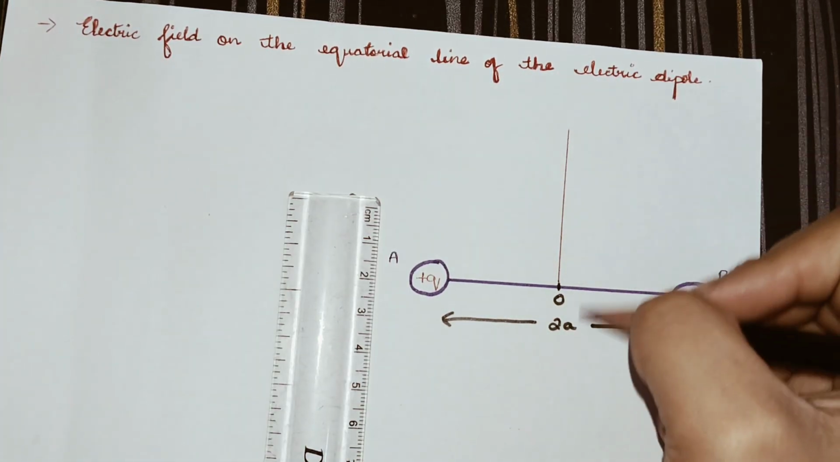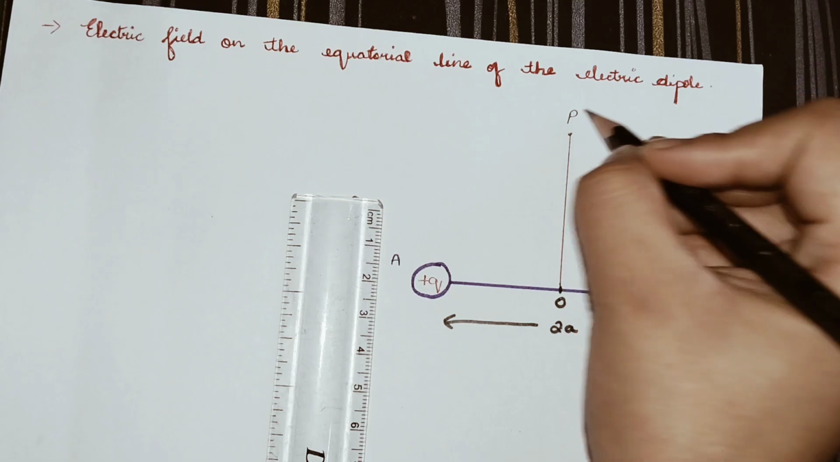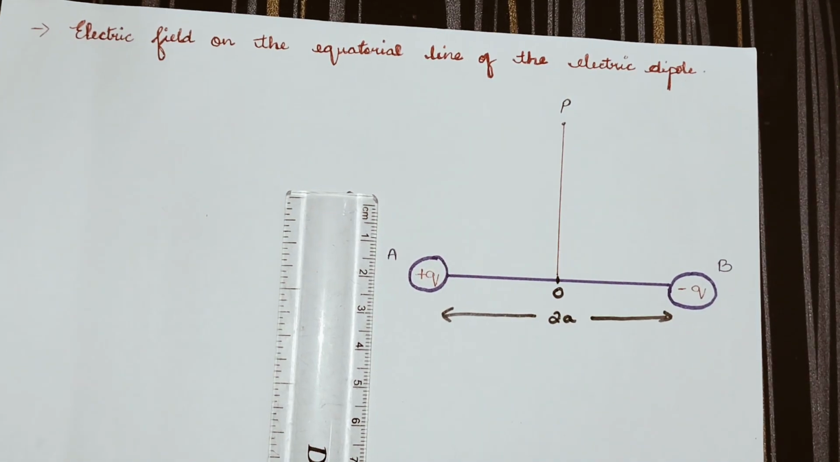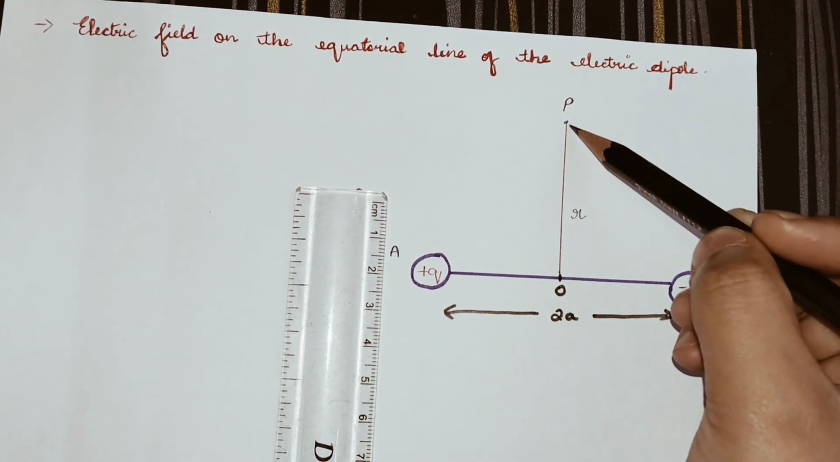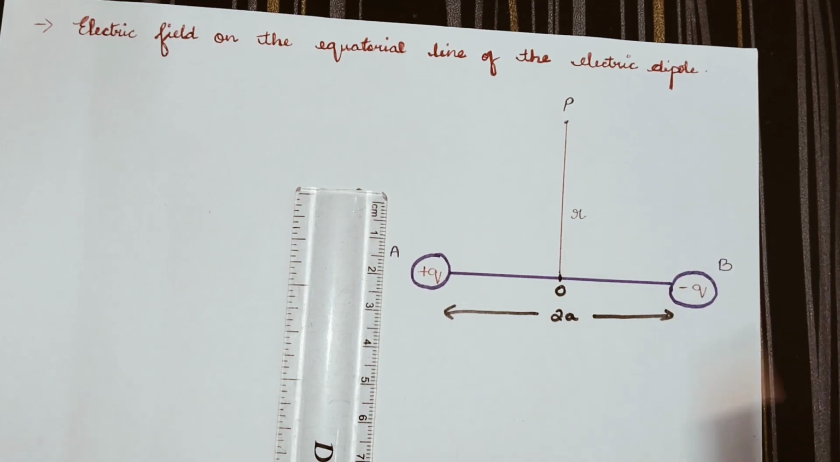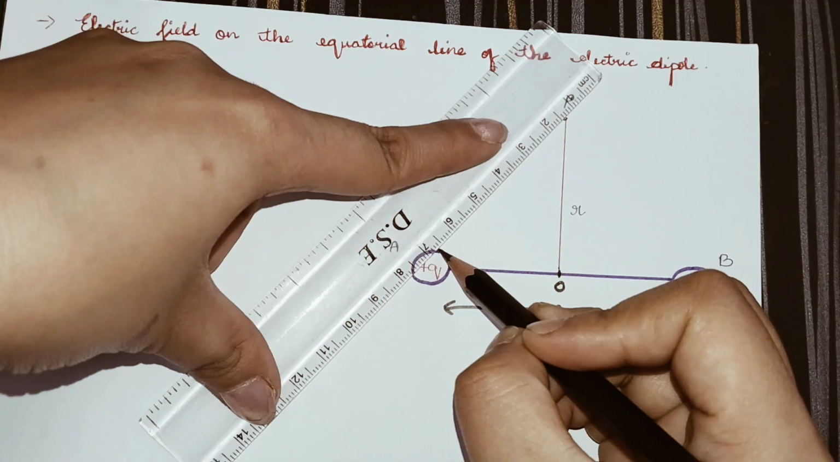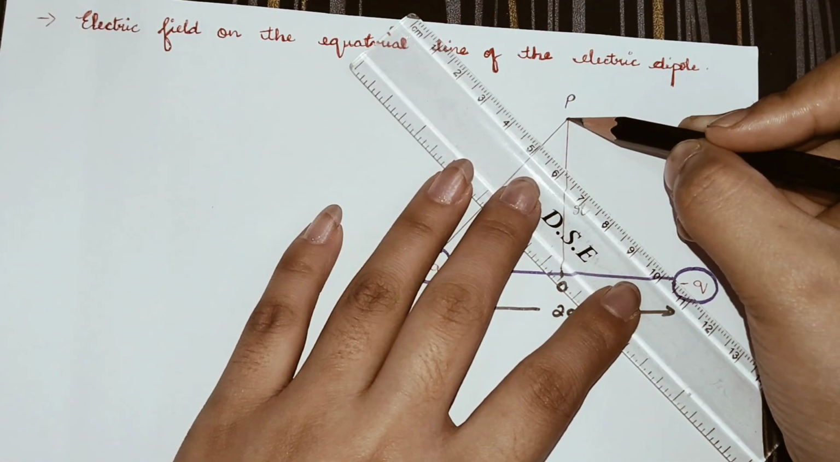So on this equatorial line, let us consider a point P, and at this point, let us find the electric field. Let us consider the point P at a distance r from the center of our dipole. Now let's join the points A, P, and the points P,